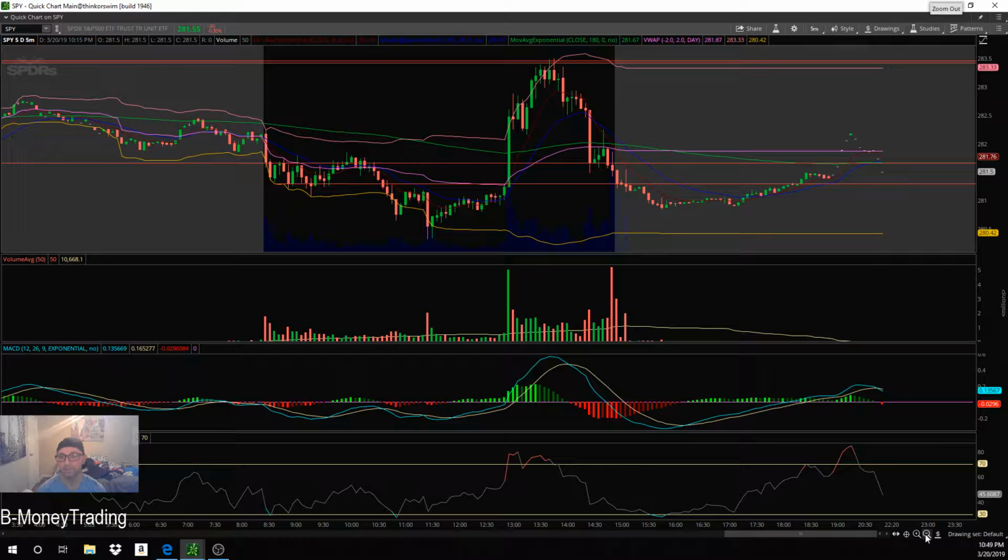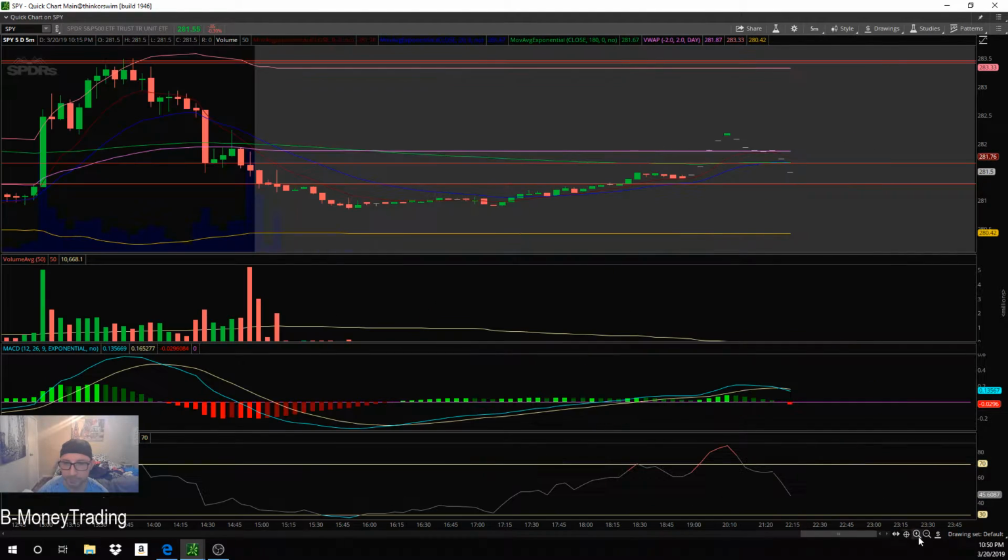It takes time. It's taken me a few years to get to the point where it's just second nature looking at it. I don't have to sit here and think, okay, this or that. I can just look at it and tell. But so I see here on the 5 minute,